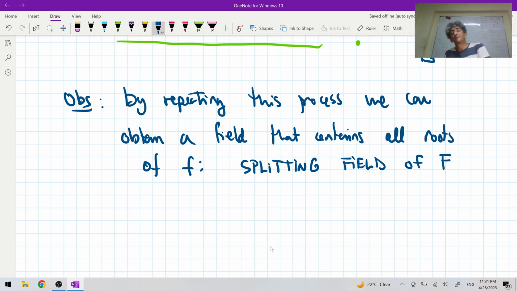And that is a process that finishes in finitely many steps because f has finitely many roots. So that's a finite extension,